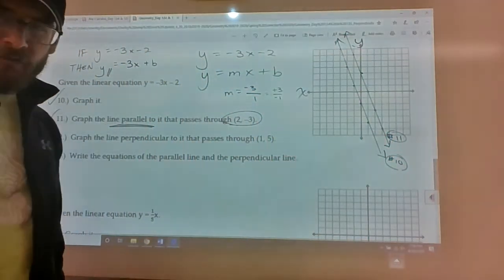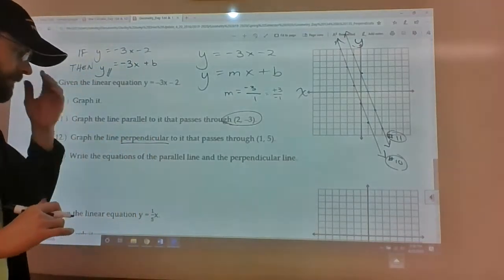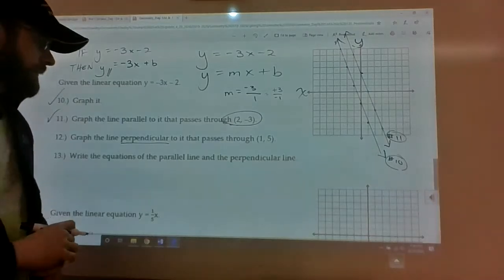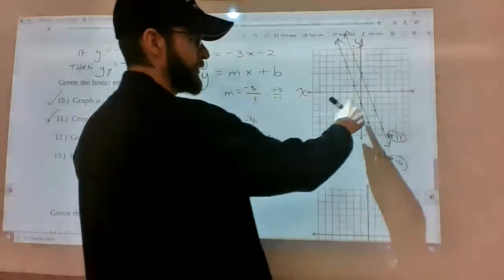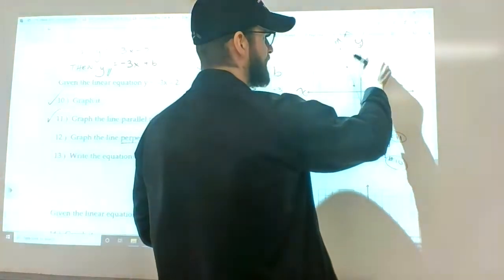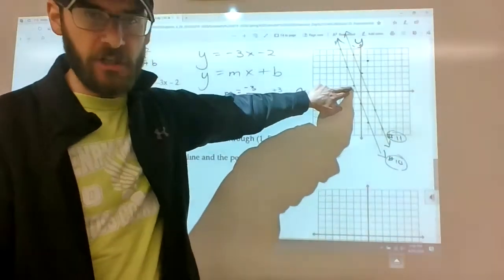How about 12? We're talking perpendicular. So I'm going to just start with 1, 5. That's the point that it goes through. Over 1, up 1, 2, 3, 4, 5. It's perpendicular to my original line,